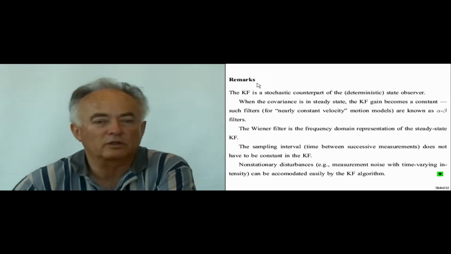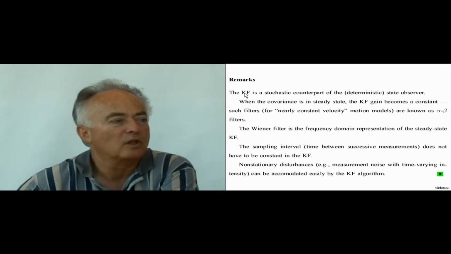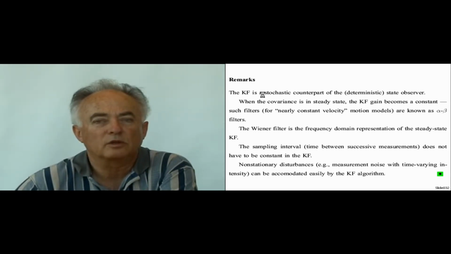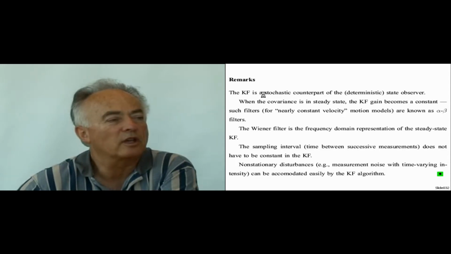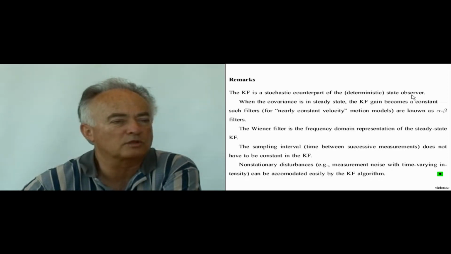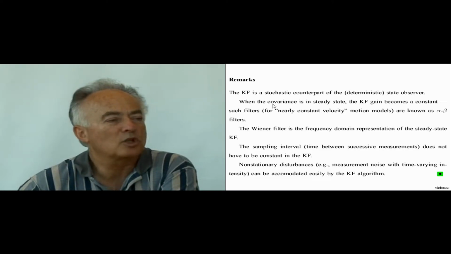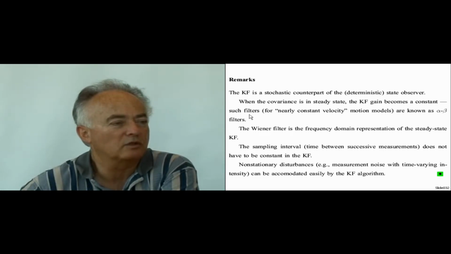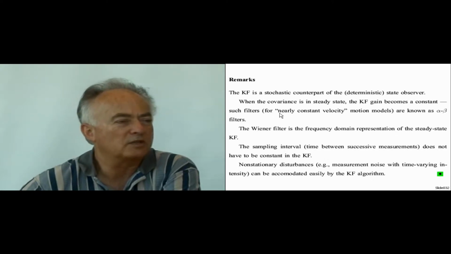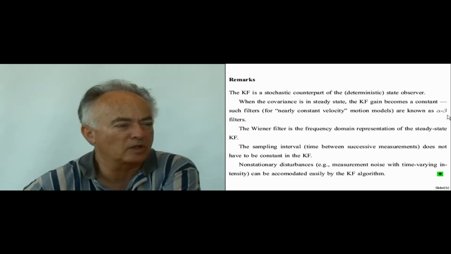Now, if you look at the Kalman filter, which has a weighted combination between the predicted state and the updated state, it is really the stochastic counterpart of the deterministic state observer, the so-called Luenberger observer for linear deterministic systems. When the covariance is in steady state, the Kalman filter gain becomes a constant. Such filters have been known for quite a few years, from the 1950s as a matter of fact,